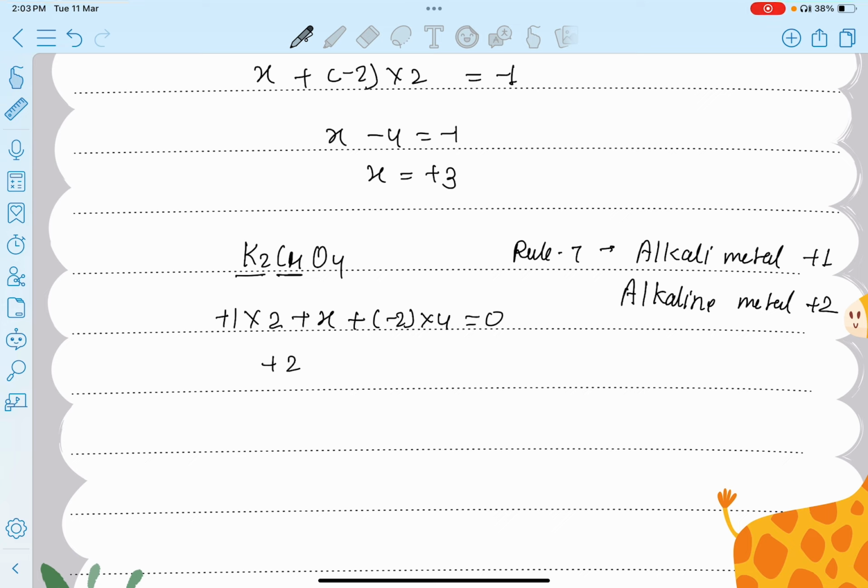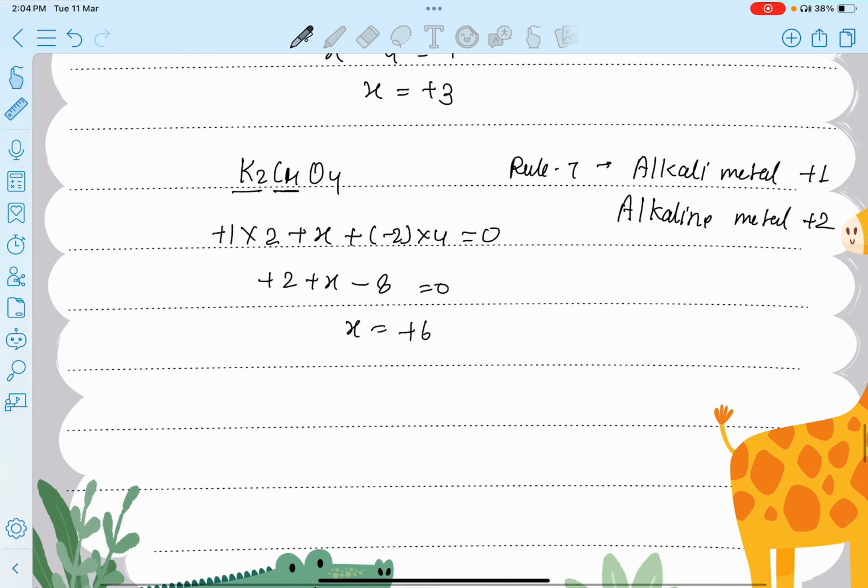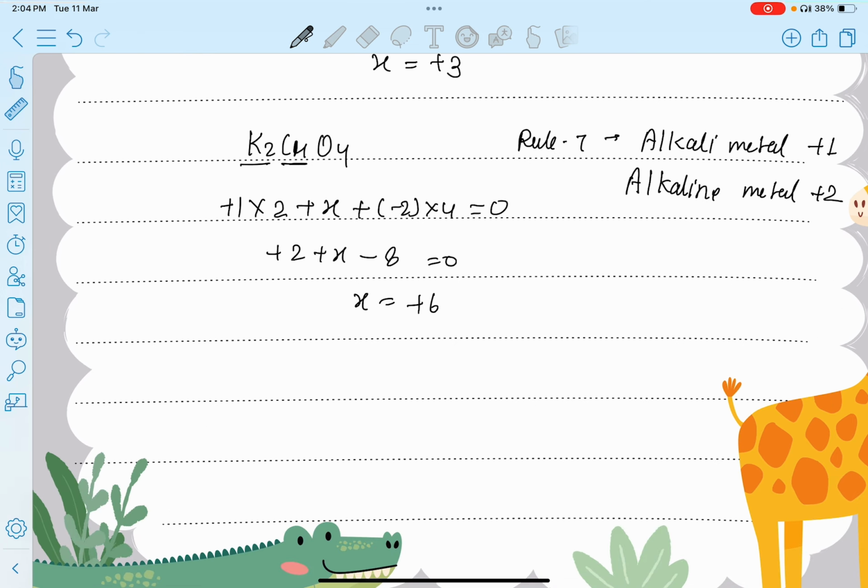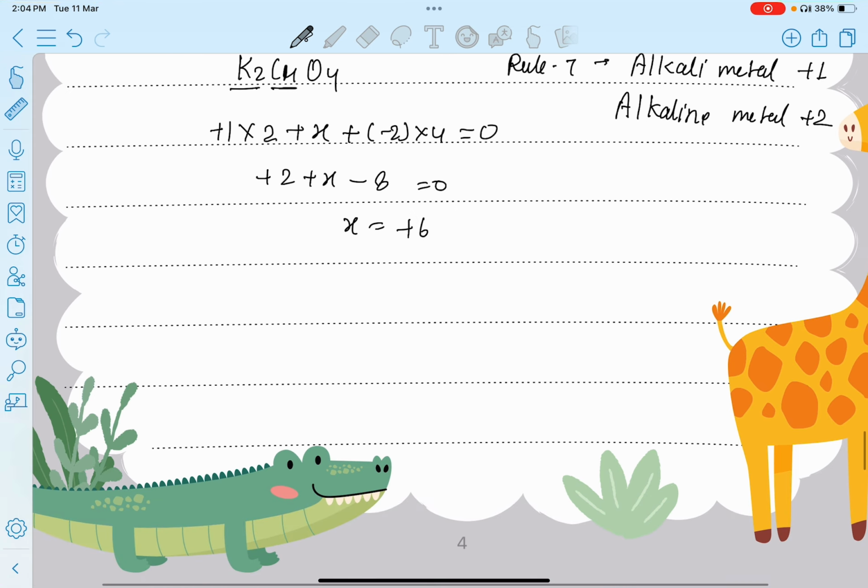So the oxidation state becomes x is equal to plus 6. In K2CrO4, the oxidation state of potassium is plus 1 and the oxidation state of chromium is plus 6. Okay, now